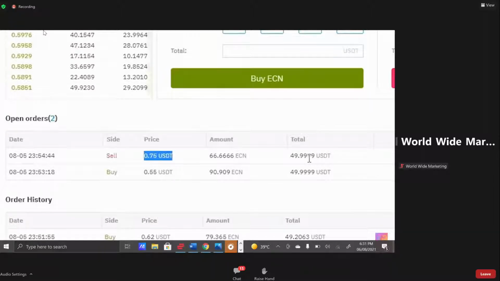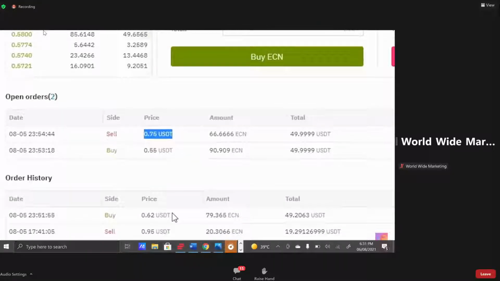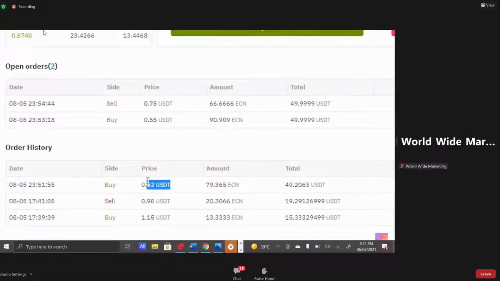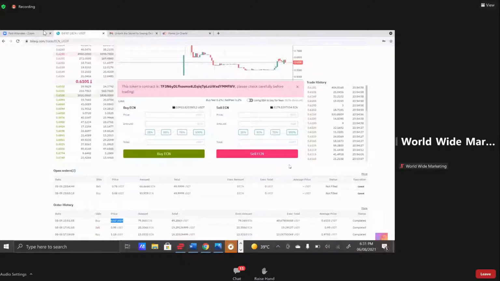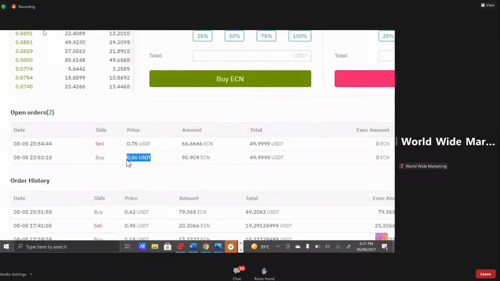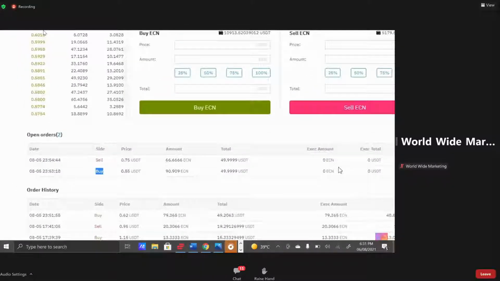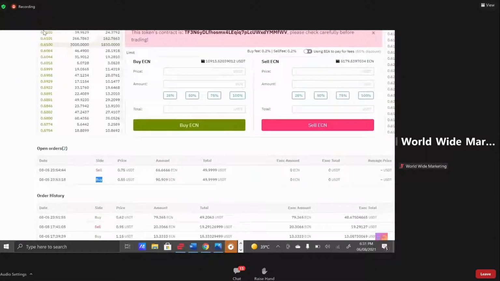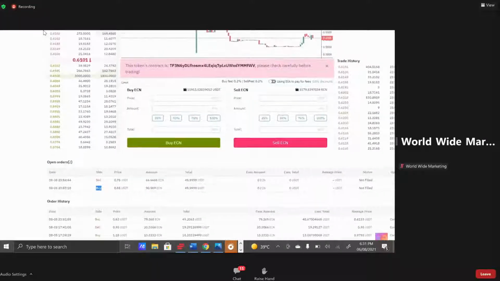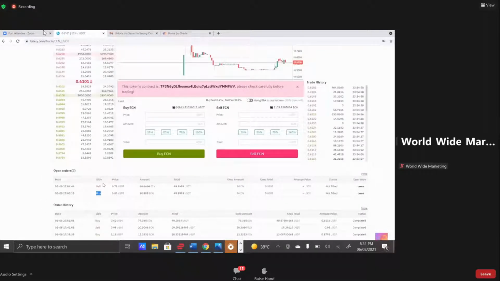Now, here I can show both things. If you want to buy or sell immediately, you can put in your current price, 0.62, and the trade is executed immediately. If I want to wait but don't want to sit in front of the system, I just trade at my price, 0.55 for the buy. If this price comes, my trade will execute. And if 0.75 comes, this trade will execute on the sell side.